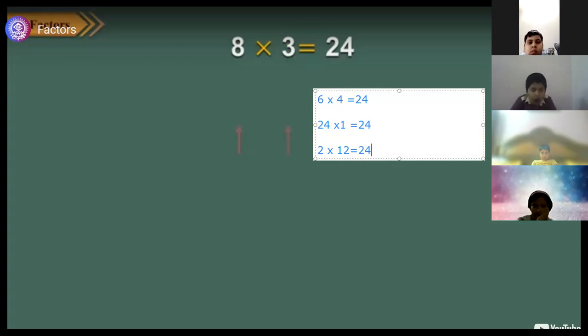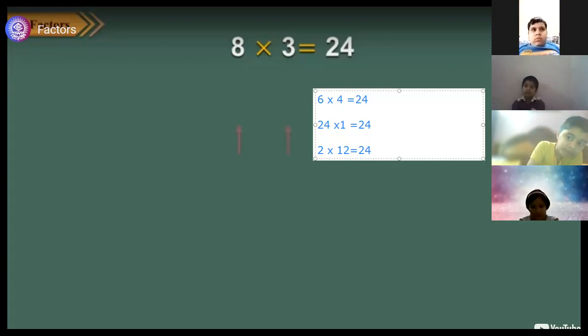Okay. Now we are moving to the third number, that is 3. That is also given on your screen. 8 3s are 24, that is already given. Yes or no? Yes, ma'am. We have already taken 4 with the example 6 4s are 24. Okay. And now we are checking for 5. Is it possible to multiply 5 by any number to find out 24? No, it is not possible.